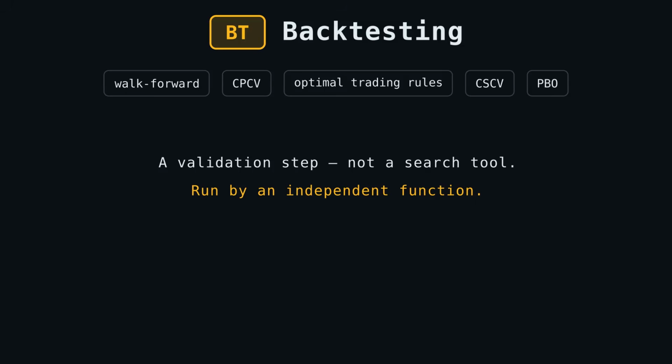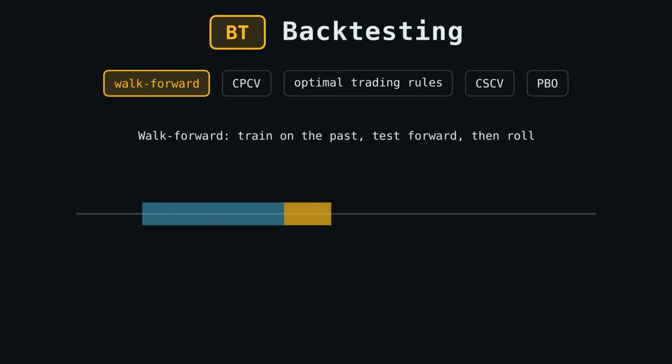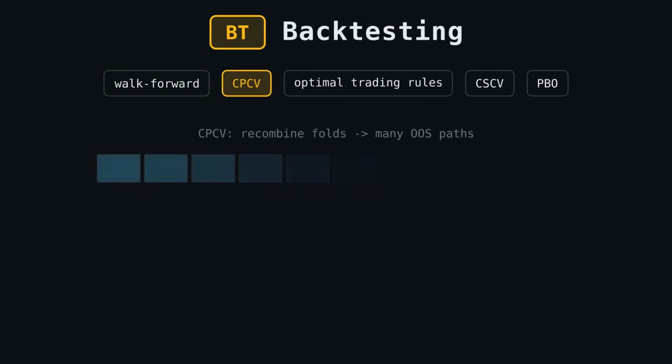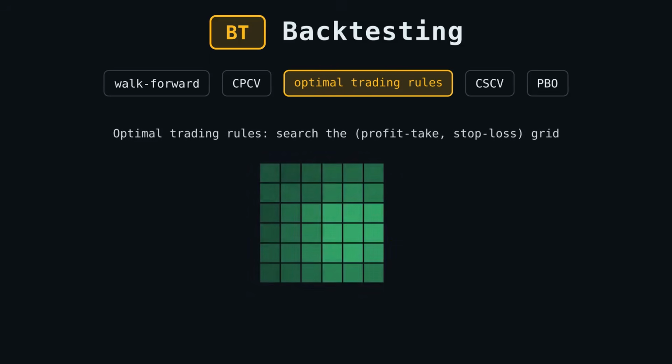Backtesting is a validation step, not a search tool, and it must be done by an independent function. First, walk-forward testing trains on the past and tests forward, then rolls ahead. Second, combinatorial purged cross-validation goes further. It recombines folds many ways to produce a whole distribution of out-of-sample paths instead of a single path that can be easily overfit. Third, we can also search the grid of profit-taking and stop-loss levels for the optimal trading